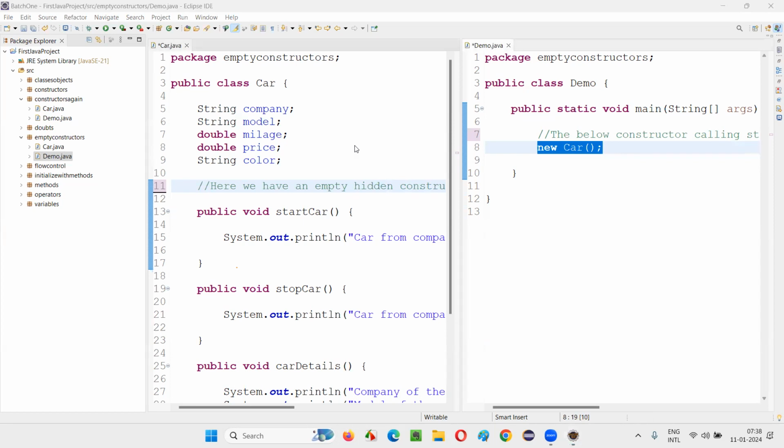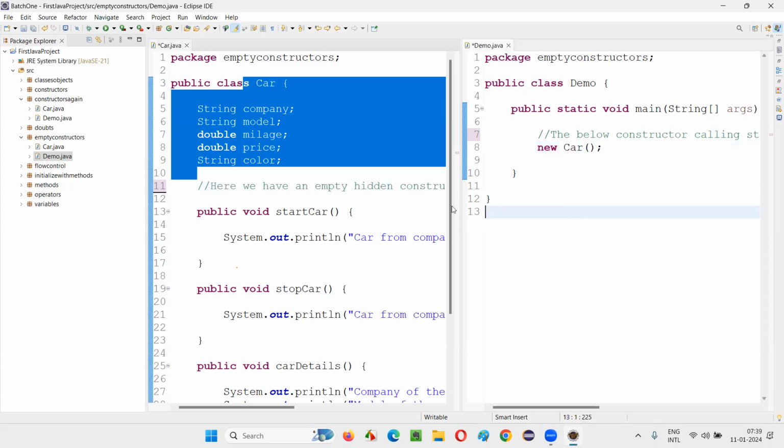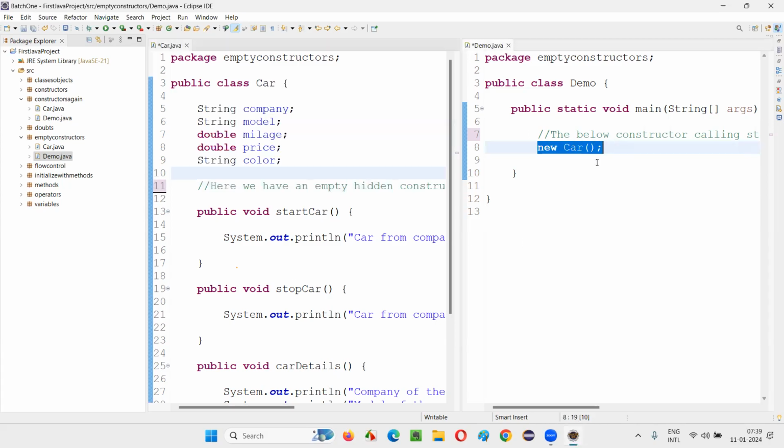Is it clear? Nagvani, is it clear for you? Or any confusions? Yes, sir, clear. Right? There is no use in this empty hidden constructor. The only purpose Java maintains an empty hidden constructor is not to give an error when you are creating objects. You will create a lot of objects. If you had to keep creating a constructor in every class even though you don't need it, that would be a problem. Hence an empty hidden constructor is maintained inside every class, not only this class. Whenever you create an object, automatically there will be a default constructor calling statement that will call an empty hidden constructor. Nothing will happen, so no problem.